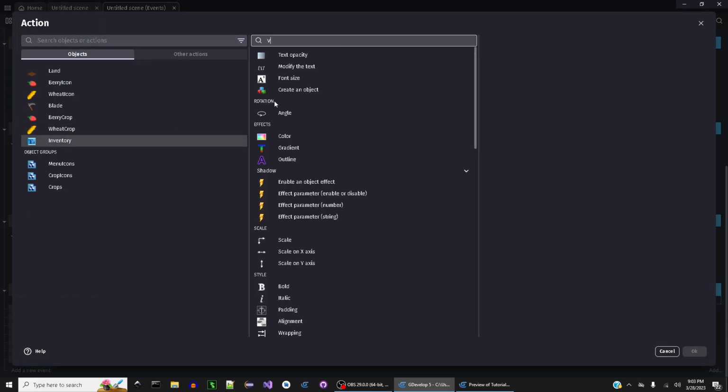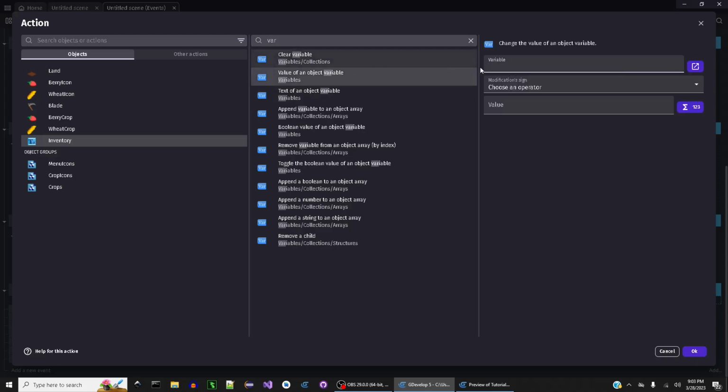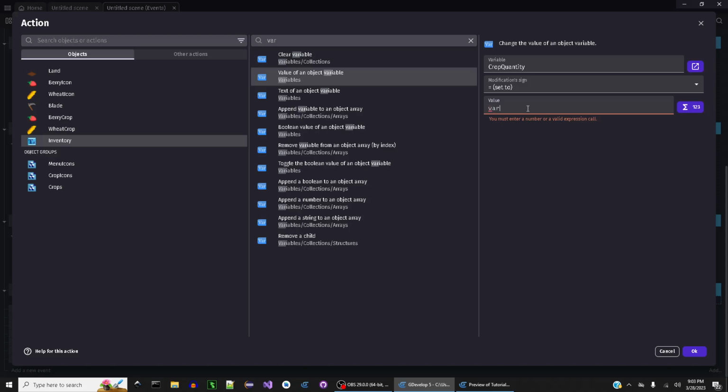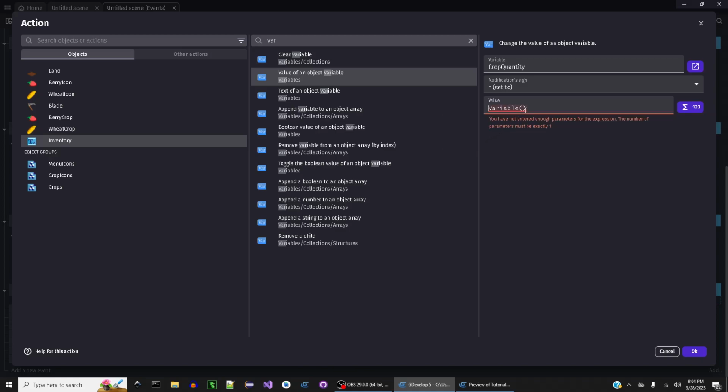So inventory variable, and it's going to be the value of an object variable because it's a number. And the variable we're creating right now, we'll call it crop quantity. And we're going to set that to a formula. And the formula we want to use is the scene variable that has the same name as the instance variable we gave the text box. So for scene variable, we just type in variable and we see this scene variable right here. So the scene variable,